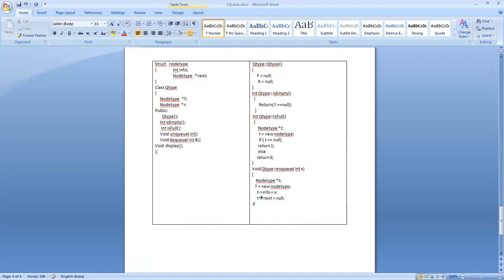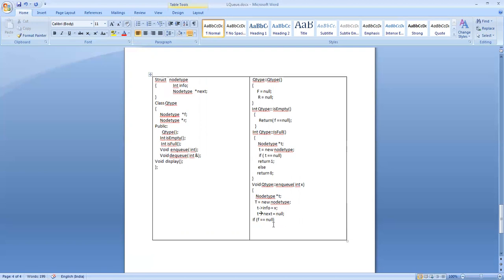If f is equal to null, that is, if the queue is empty, then the new node is going to be the only node in the queue.